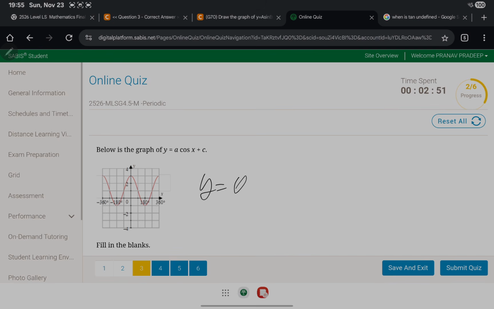If the original cos function starts from y equals 0 and goes up, here it starts somewhere else. Here also a cos x, it goes up by 2. Yeah, 2 cos x,